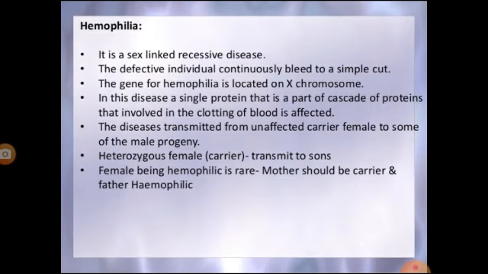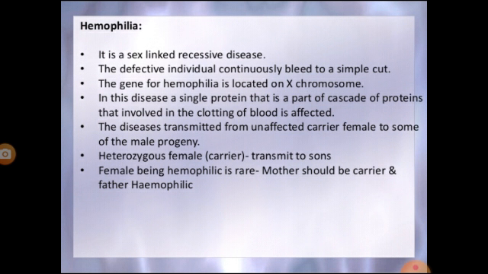Let's start with the first Mendelian disorder. Again, this is an important topic from the examination point of view: the bleeder disease, hemophilia. Hemophilia, students, is a sex-linked disease in which the patient continues to bleed even from a minor cut, since he or she cannot synthesize anti-hemophilic globulin or factor 8, or plasma thromboplastin or factor 9, known as the Christmas factor, which is required for normal blood clotting.